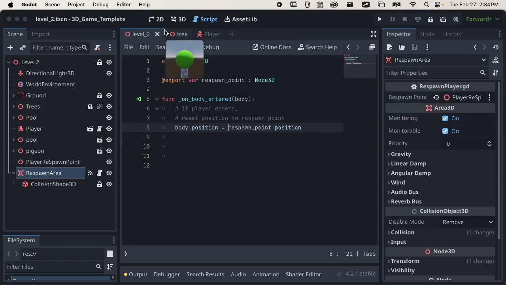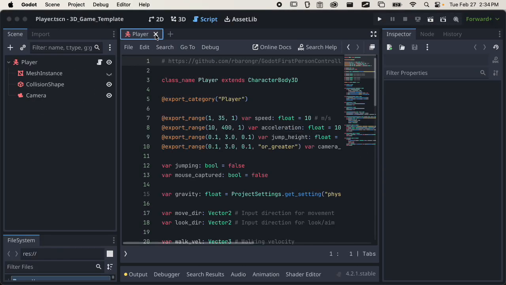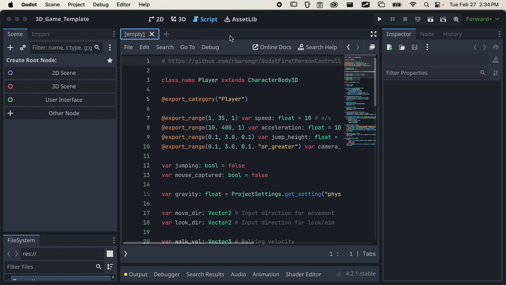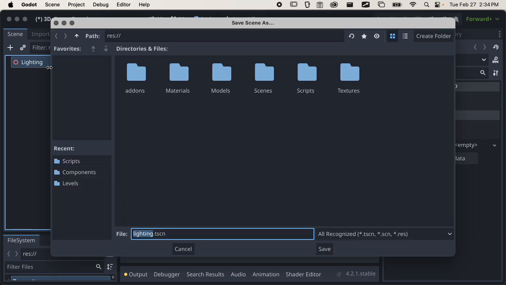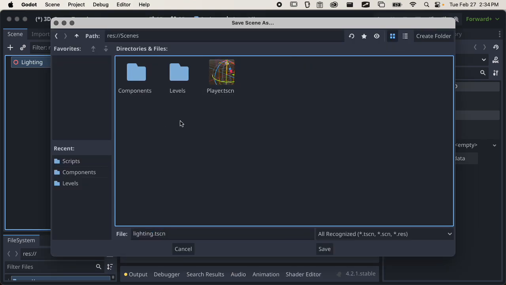And so I'm going to make a new level just so we can go over how this is going to look when you kind of get started from scratch. So I'll start a new 3D scene, and I'll just call this lighting. And I'm going to save this. So I'm going to hit Command S, and I'll just save this in my scenes. So I'll just put this in the main scene folder,